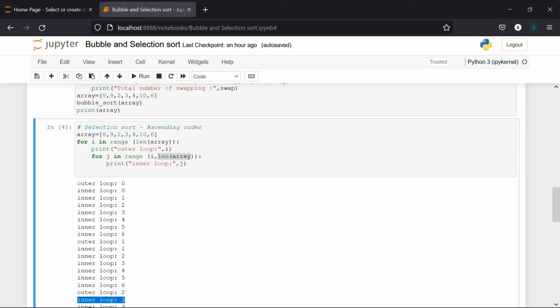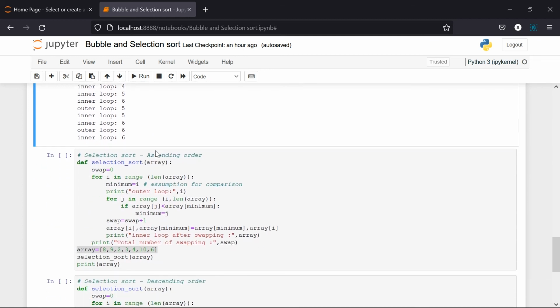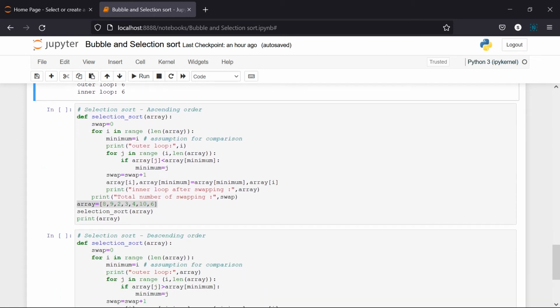So what I have done is I have taken the length of array, and after that I have created the outer loop for a number of comparisons. So I am going to compare your element with all the elements of the array. Whichever is minimum, it is going to take the first position after the completion of the outer loop. Next, the same thing I have converted in terms of a function. So in terms of function, I can declare it as selection sort.